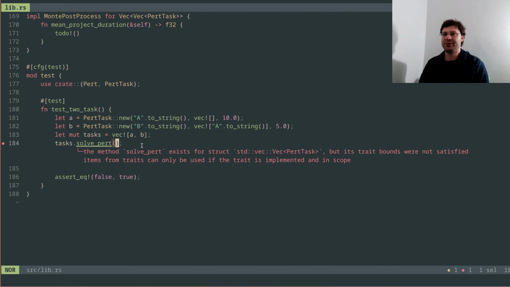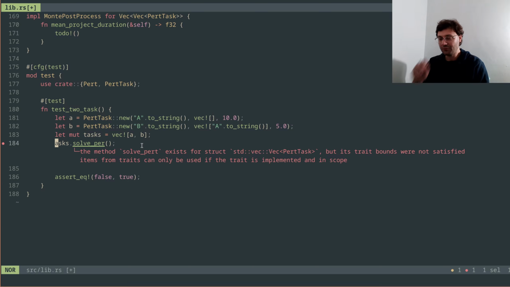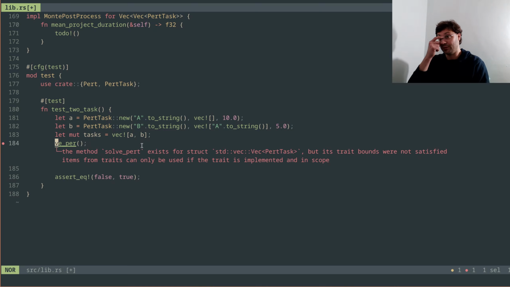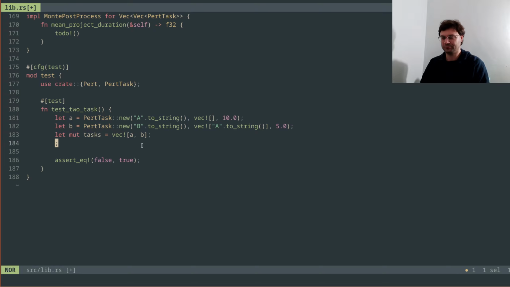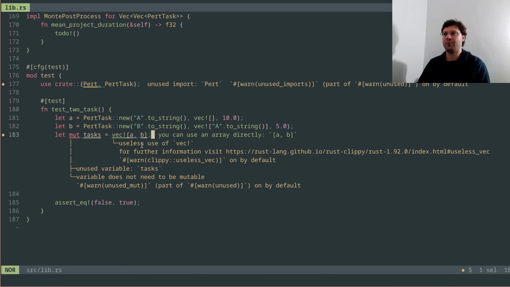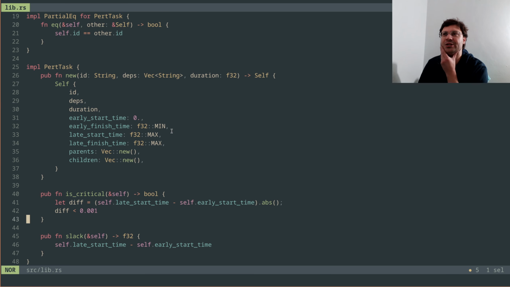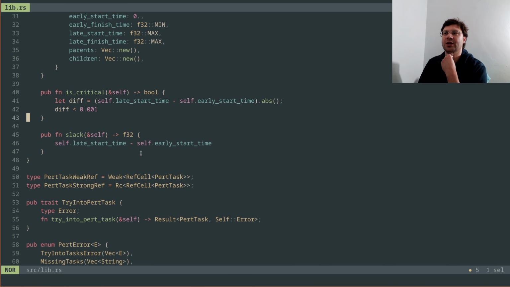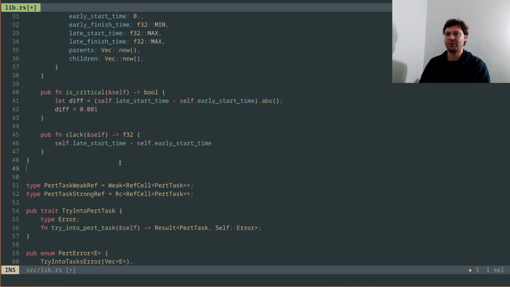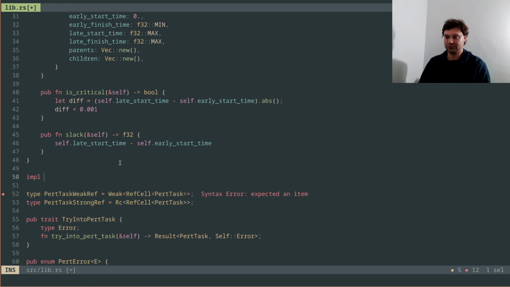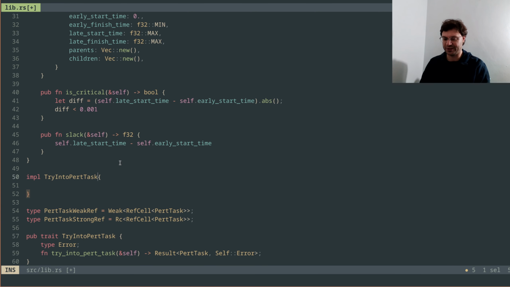Rather than call solve on this, and this is just for demonstration, we will have to do impl TryInto, so this is kind of going to be a nested bit. We're going to have to do TryInto PERT task for PERT task,